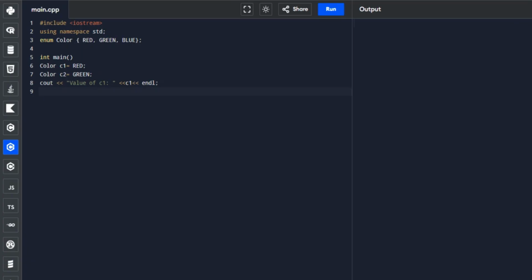Basically in this part, we just displayed the value of C1 and we're just copying it and replacing the variable name to display the value of C2.